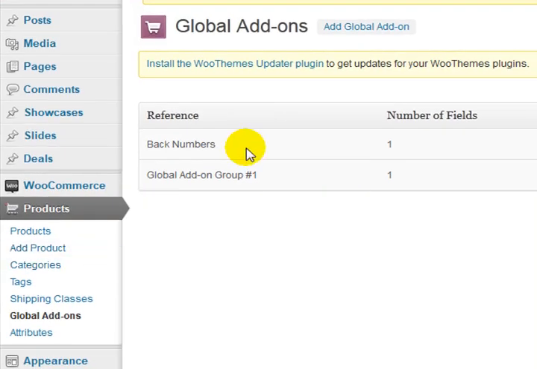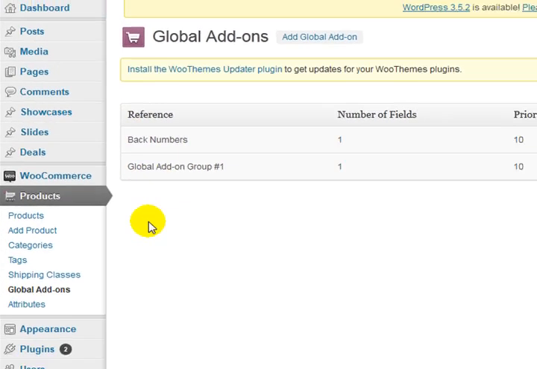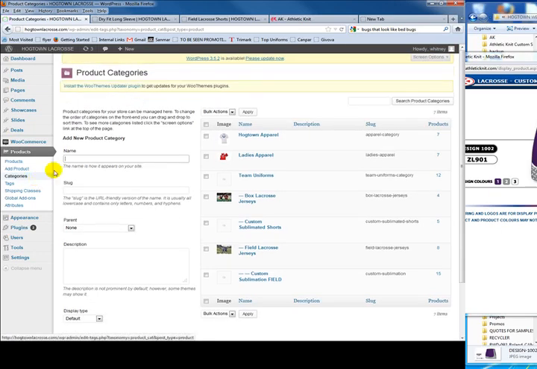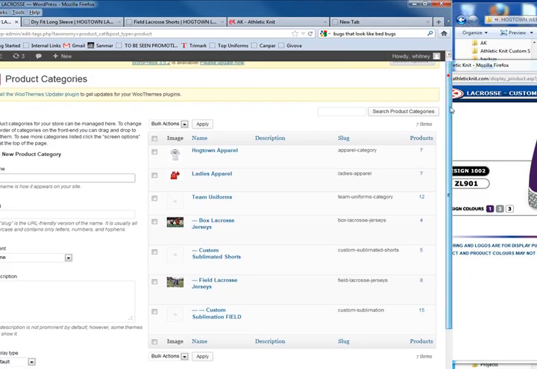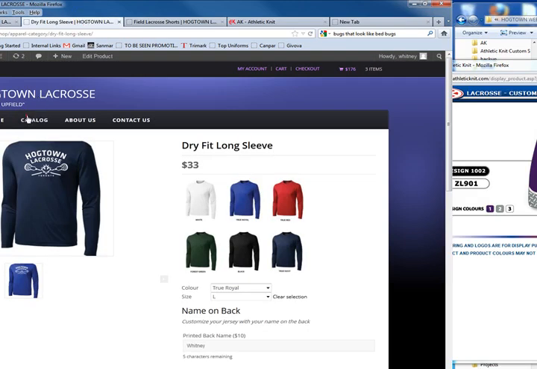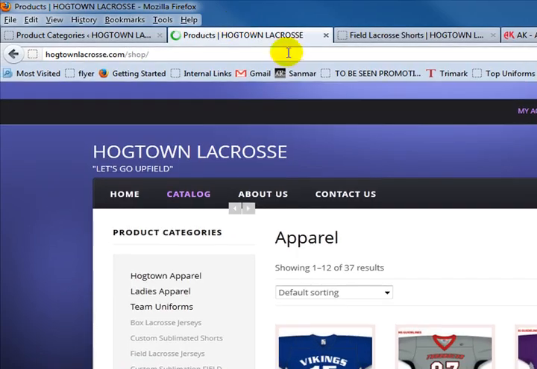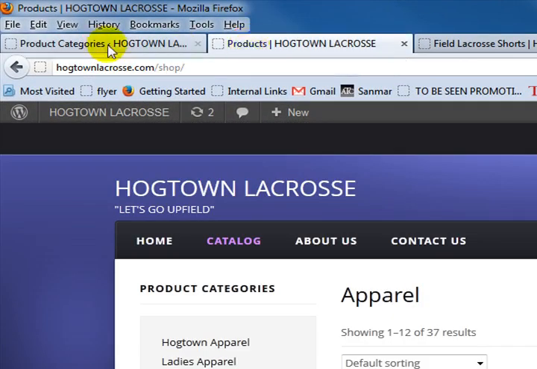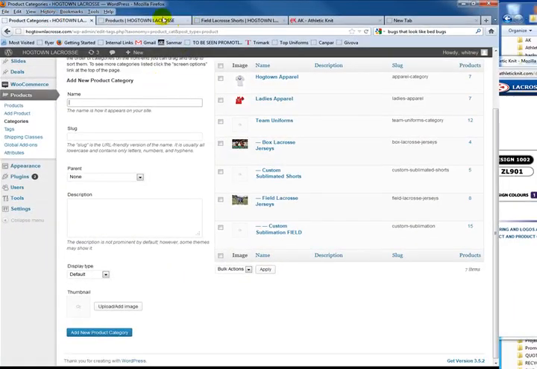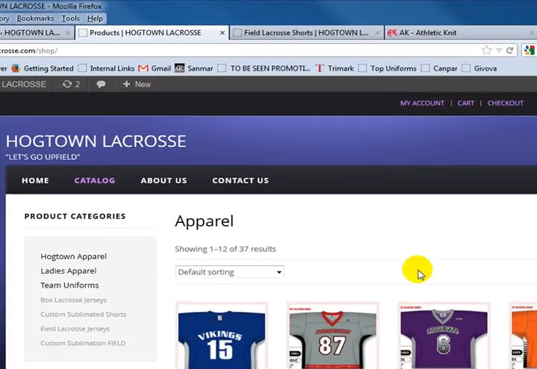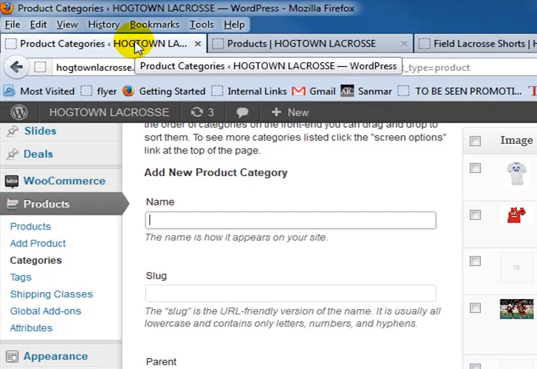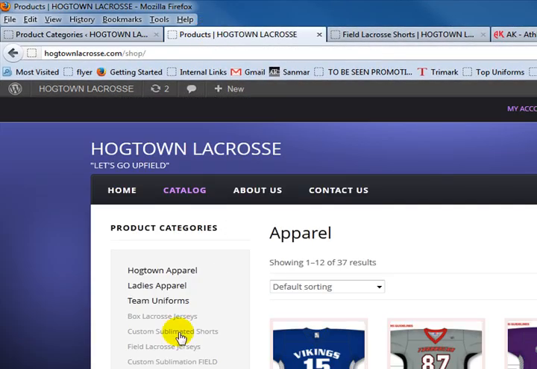So I've mentioned categories a couple times in this tutorial. I'm going to just touch on the categories briefly. The categories are what shows up on the side menu of your catalog over here. It's always good to have the live site on one page and your editing site on the other, so you can constantly check what's happening if you're updating and what's missing. So for example, if I go into custom sublimated shorts, which is the new category that we just added,